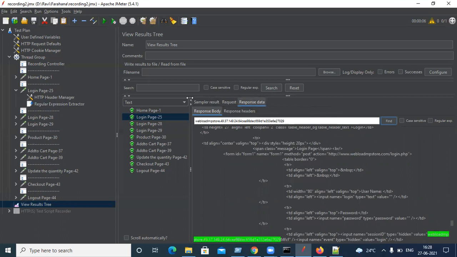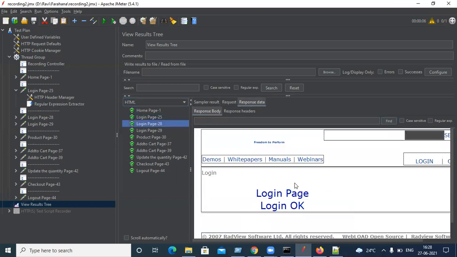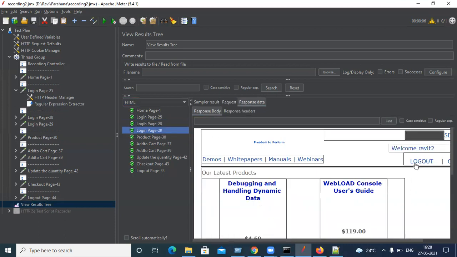Okay, so now let's check our view, whether we got rid of the error or not. Let's click 25. Now we got the login page. Do we get any error, session ID mismatch? No, right? Because we correlated the proper value, the server accepted it and then sent the response. Now check the next one. We see login happened. Welcome Ravi, and logout, because login is done and the correlation has passed successfully. Without correlation, your application won't log in and you can't see this login page or welcome user.